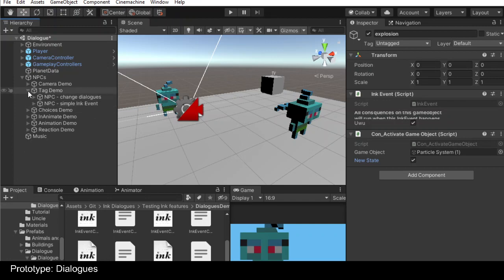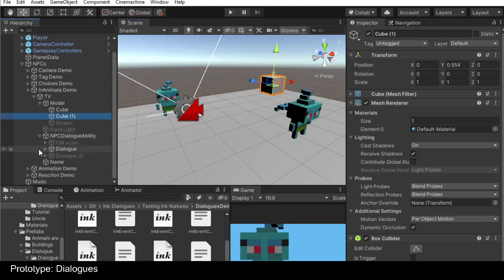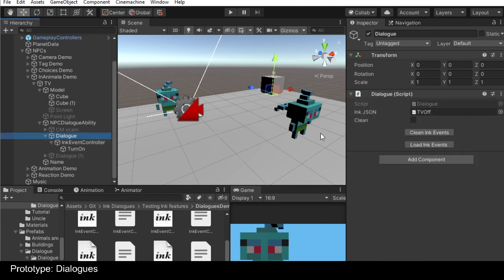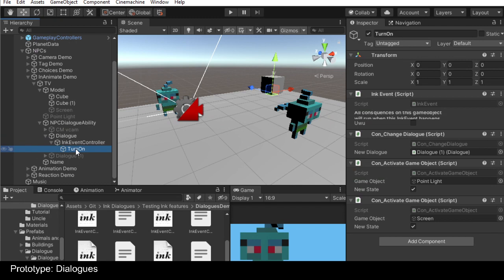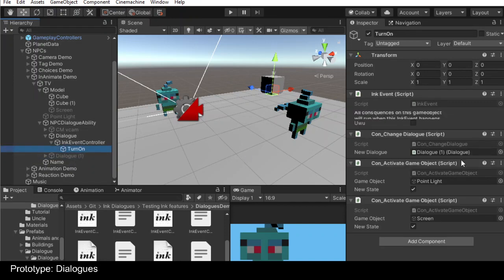We can actually check the TV one, because this one has two dialogues. This one dialogue is when the TV is off, and in this tag or InkEvent turn on, it will change the dialogue into this dialogue, the TV on dialogue, and it will activate the point light,